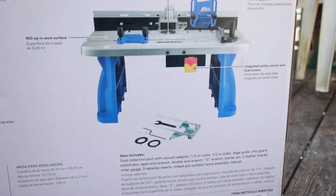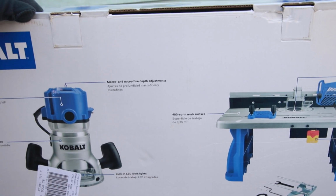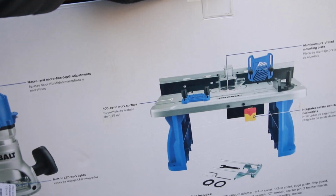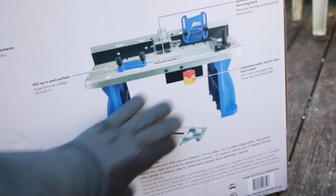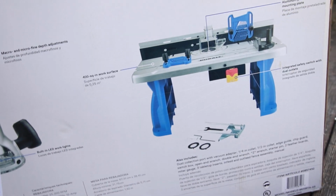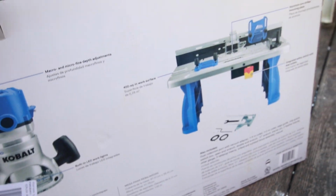So one of the big things about people trying to decide between these particular kits and building their own is some people don't want these plastic bases, but I can tell you that you want plastic bases, because when it comes to cleaning up and for lugging around, you're going to want that plastic. They're very, very sturdy. So here we go. We're unboxing this